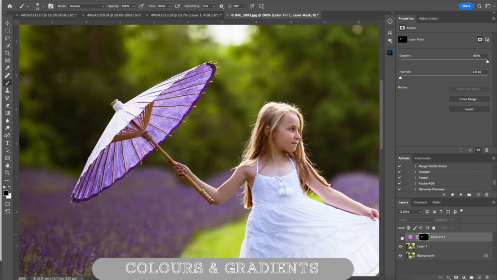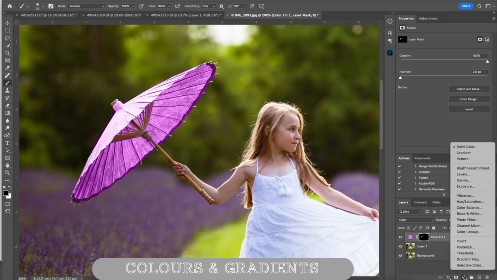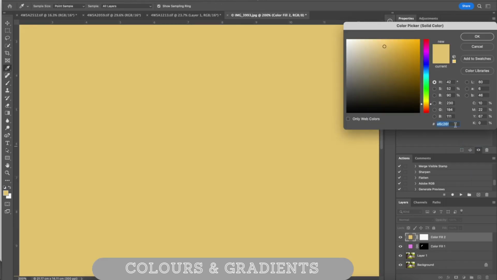Okay, so here's the before and after. If I want the color reduced, all I have to do is reduce the opacity of it. Now, for fun, I'm going to add a second color, and it's also to teach you a little bit about clipping masks and gradients. So I'm going to click on the adjustment fill again, go on up to solid color,